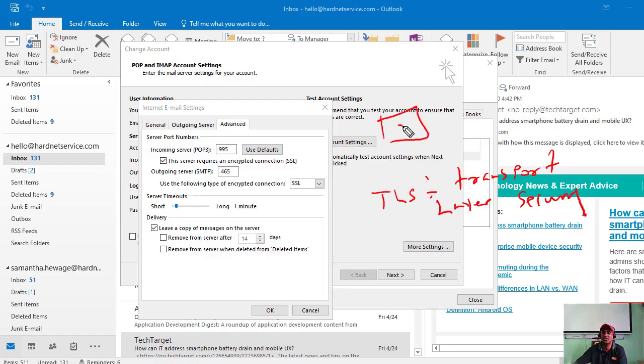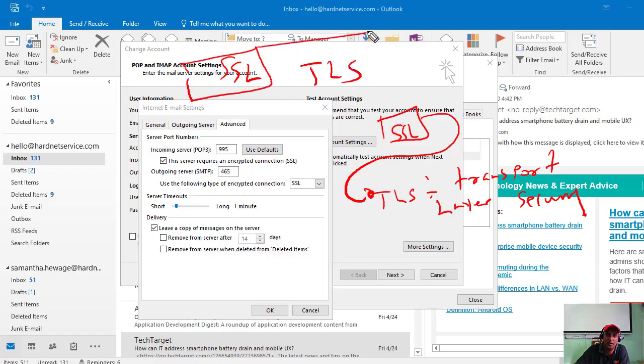So this goes beyond SSL, right? If you compare these two, this is very highly secured.